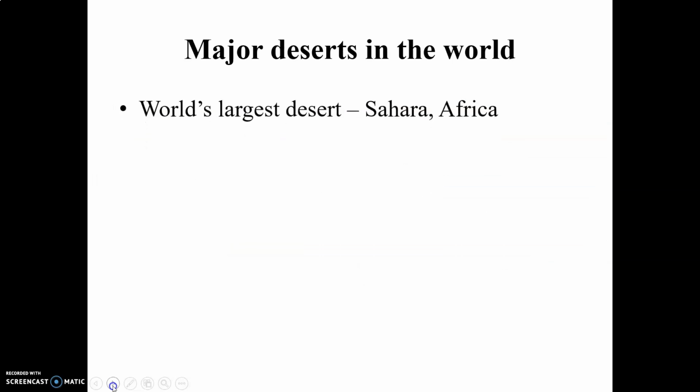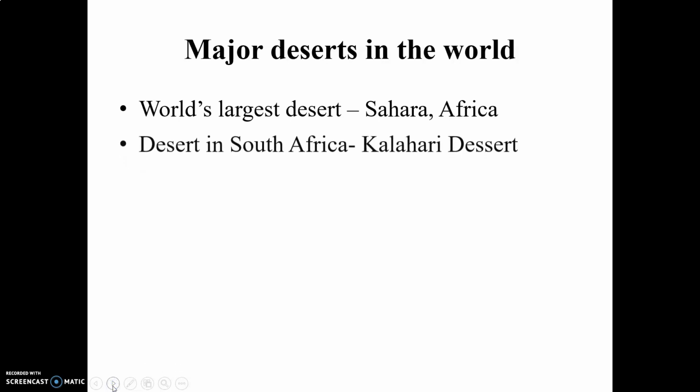Now comes our most important topic: which types of questions can be asked in an objective type question paper. Questions can also be framed from definitions, but the maximum portion of questions, or the easier ones to frame, are like which is the major desert in the world. Then you will have to remember the major desert, which is Sahara. One by one, I'm going to show you all such types of questions in this video. Please note it down, read it and try to memorize it. It will help you in solving your objective type question paper.